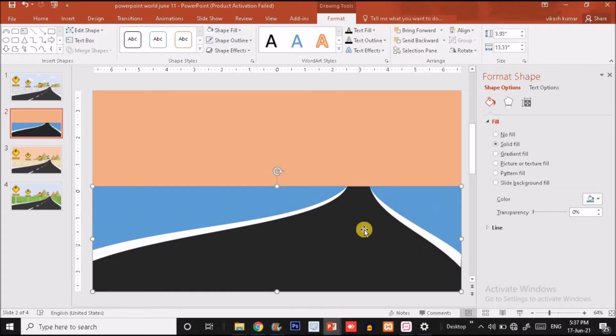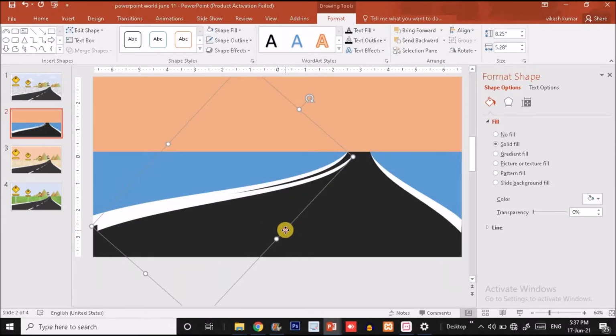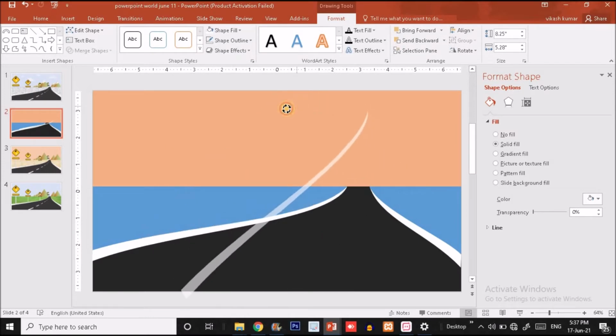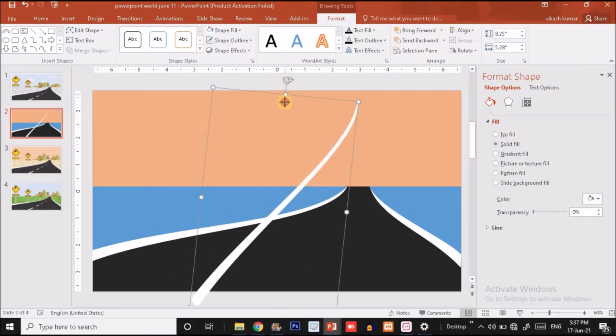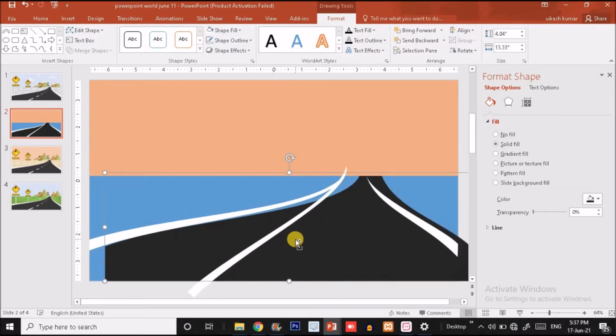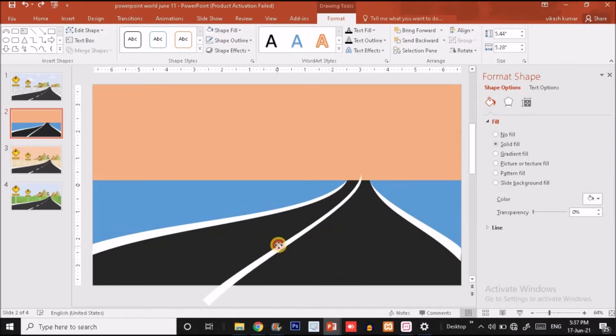Okay guys, done. Now again we have to make a duplicate copy of this shape, and now I will rotate it something like this, decrease the size and select it and put it over here.